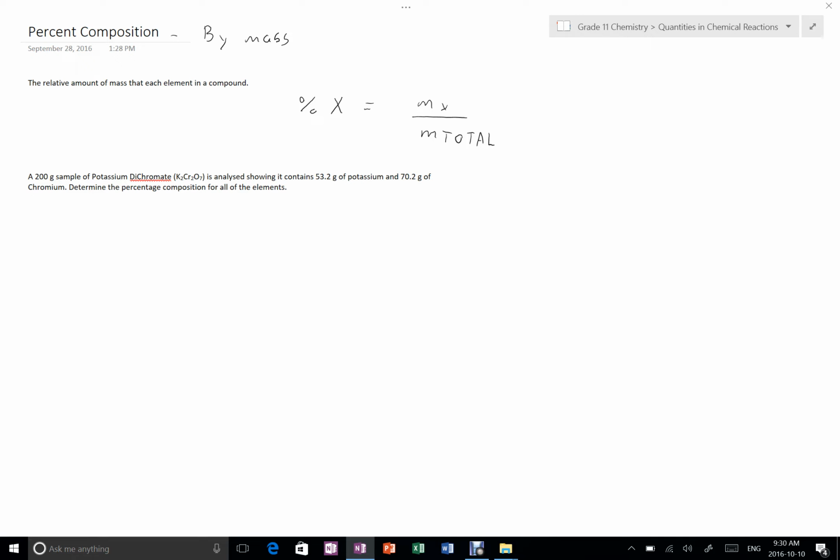A 200 gram sample of potassium dichromate is analyzed to show that it has 53.2 grams of potassium, 70.2 grams of chromium. Determine the percent composition of all of the elements. So we'll do potassium first. The mass of the potassium is 53.2. The mass of the total is 200. So my percent of that's potassium would be 53.2 grams divided by the total of 200 grams,